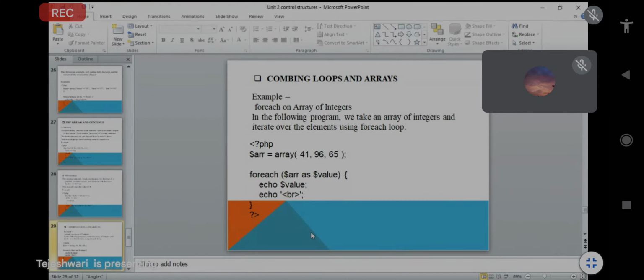The values in $array will pass to $value and be printed one by one. So echo $value just prints the particular values in the array: 41 first, then next line 96, next line 65.